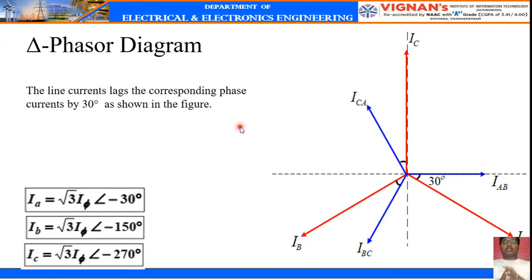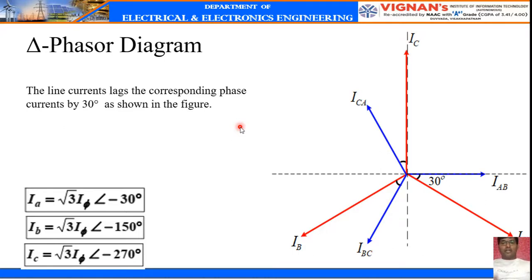In this lecture, we have studied that there are two types of connections of three-phase elements. Either you can connect in star or you can connect in delta. Clear? In star connection, it is clear that the line currents and the phase currents are the same. However, the line voltages are greater than the phase voltages. The line voltage is equal to root 3 times the phase voltage. And if you see the phasor diagram, the line voltages will lead the phase voltages by 30 degrees.